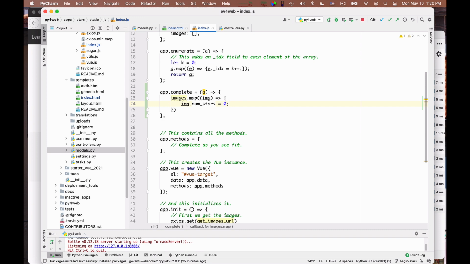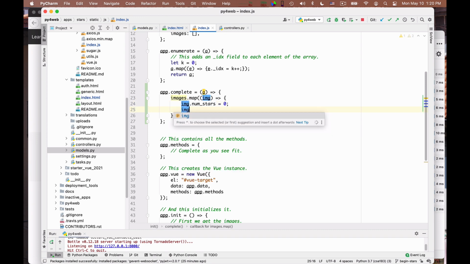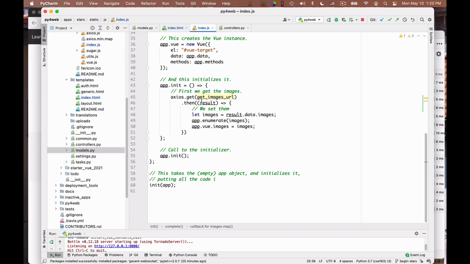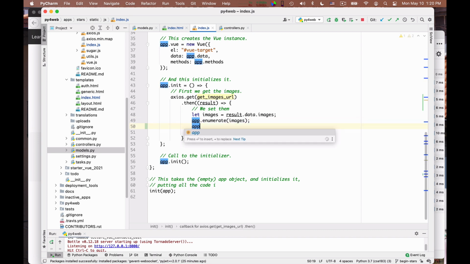This is just to initialize it, okay? And image.num_stars_display is equal to 0 as well. So this is just an initialization function. And I will be calling it from here, app.enumerate(images) and also app.complete(images). Okay, so when I get the images, I set these ratings to 0 for each one of them.